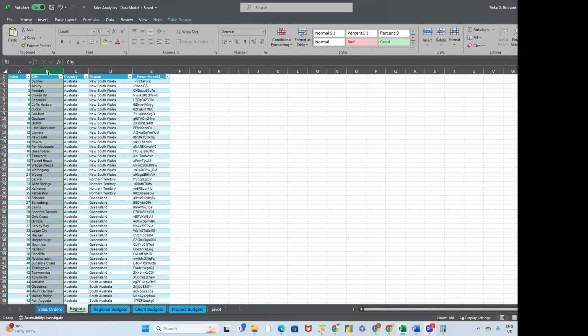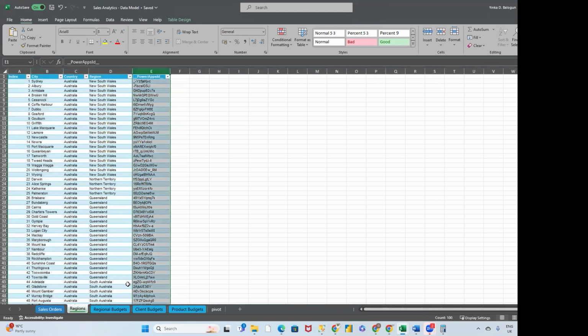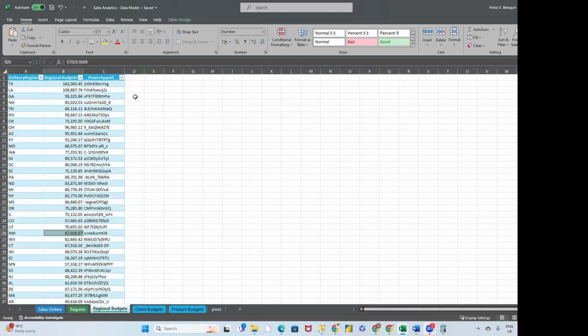All right. So now, this sales order table, we have made it relational. And the reason why I'll say we made it relational is that you can see here at the end, we have this Power Apps ID. And this Power Apps ID has been repeated in all of these other tables. And that makes it